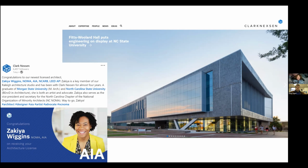But what that's like, so you have the design phase, and then eventually the building has to get built, and somebody has to check that it's getting built the way that you intended for it to be. And so that's going through and having tons of checklists and looking at, first looking at the structure when it's coming up, then you're checking the drywall, you're checking that you'll have your mechanical engineers and electrical engineers and structural engineers. Every trade comes in to check their own thing, but as an architect, you're still responsible that everything comes together correctly as intended. And so I worked on some of the finishes for this, making sure that they were